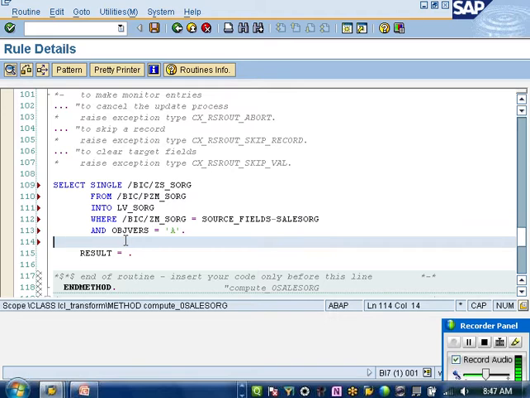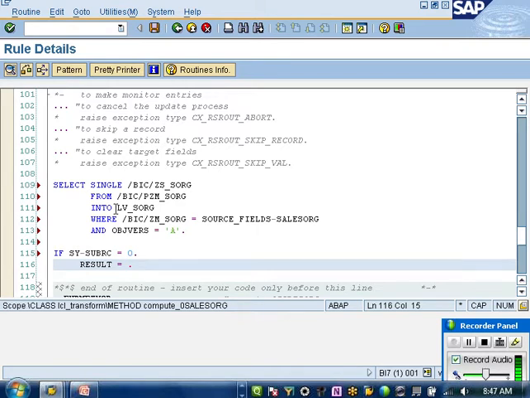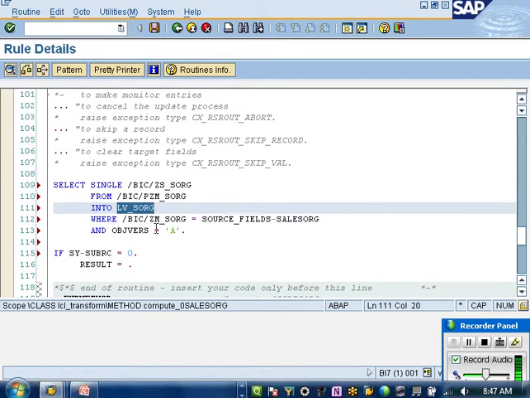Then I will just check if it is able to get the record. How to check this here? If sy-subrc is equal to 0. If it is able to read it successfully, then what should I put in result first? LV_SORG, the sales org.